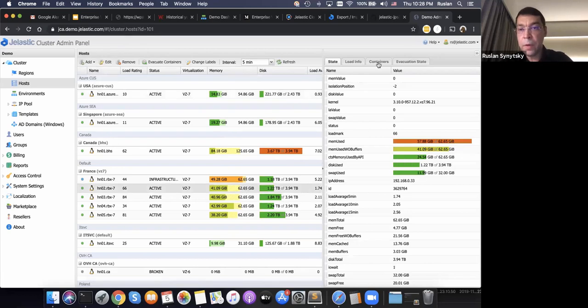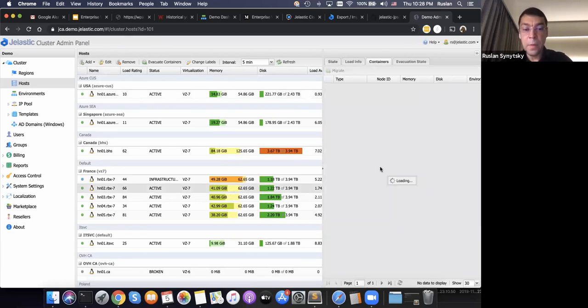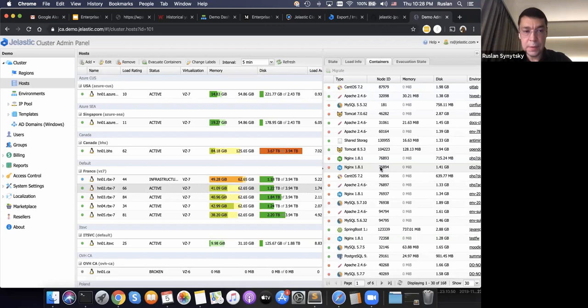Then we deploy containers inside and distribute load across these nodes. So we see, okay, this node is loaded now, and we don't put more containers on it, but put containers on another node. If, for example, a customer creates a cluster, we automatically distribute containers from the same layer. Layer means, let's say, application servers or database.